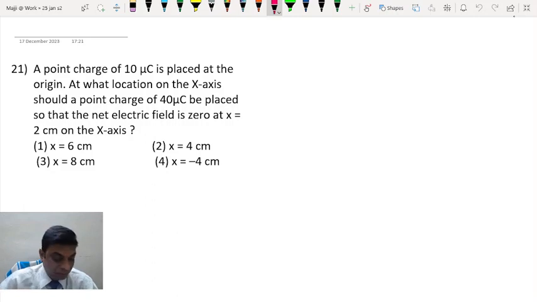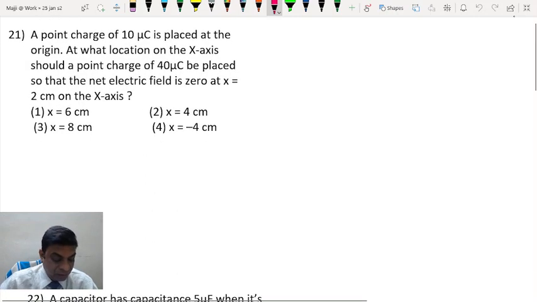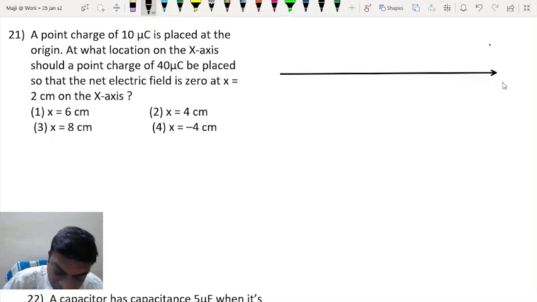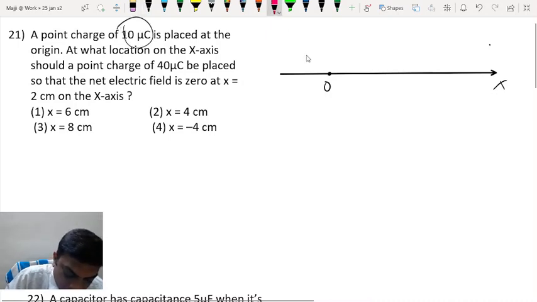Coming to the first question: a point charge of 10 microcoulomb is placed at the origin. At what location on the x-axis should a point charge of 40 microcoulomb be placed so that the net electric field is zero? It's a very simple question, students. You have the x-axis here. At x equal to 0, you have a 10 microcoulomb charge,